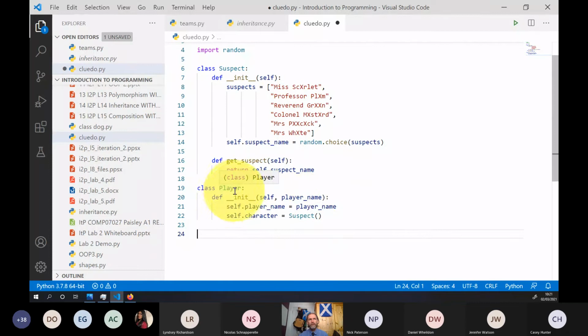So to build up the player, the player has a name and a suspect, and the suspect can point to the class that we've already created. You okay with that? Yeah, I'm good with that.